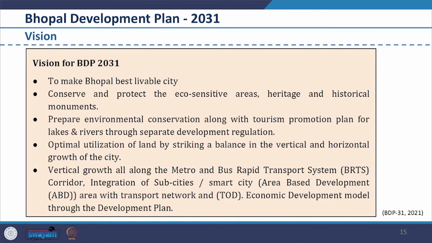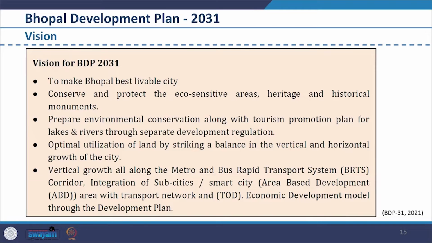Here, we are looking at the vision for Bhopal Development 2031. The residents of the city aspire the city to be best livable city. They want to conserve and protect the eco-sensitive areas, heritage and historical monuments, which we had seen in their portrayal of the existing condition. They want to prepare environmental conservation along with tourism promotion plan for lakes and rivers through separate development regulation. Further, target is for optimal utilization of land by striking a balance in the vertical and horizontal